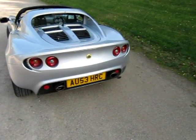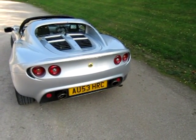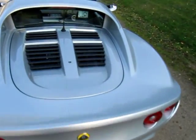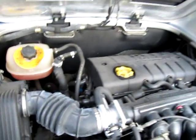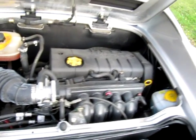It's a 53 plate. It's an ex Lotus demonstrator. AU is for Norfolk on the registration plate. I'll show you all the details in another video clip in a moment that's attached to this. It's the 1.8. No head gasket issues whatsoever, and when I had it, I had fitted a PTP coolant system, which basically sends coolant around the engine a slightly different way, so it alleviates any head gasket